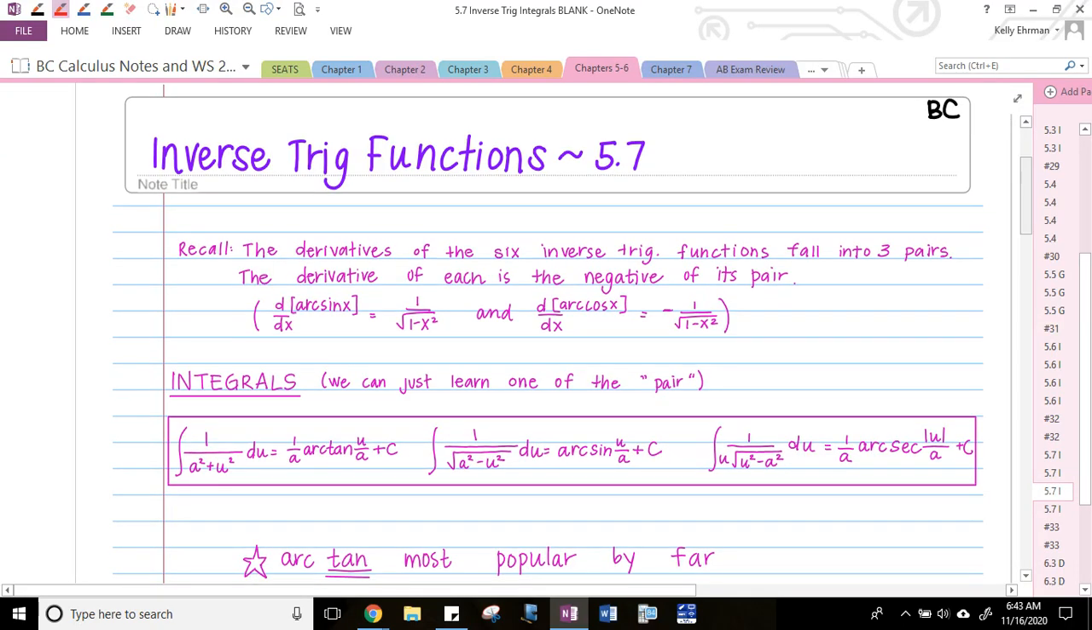Now we're in chapter 5.7, and we're still talking about inverse trig functions, but now we want to talk about integrals of inverse trig functions. So remember, in our previous notes, we talked about derivatives of those 6 inverse trig functions, and if we go back